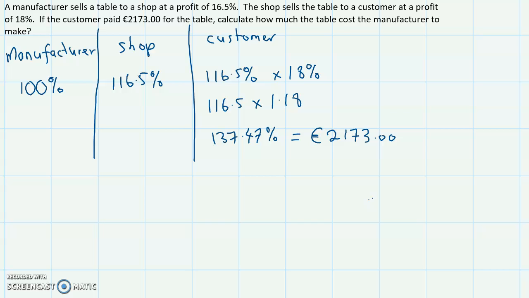So what you do here is you divide this side by 137.47, and you must do the same on the other side. So when you divide 137.47 divided by 137.47, that'll give you 1%, is equal to 1. So you divide any number by itself, it'll give you 1. So 2173 divided by 137.47 is equal to